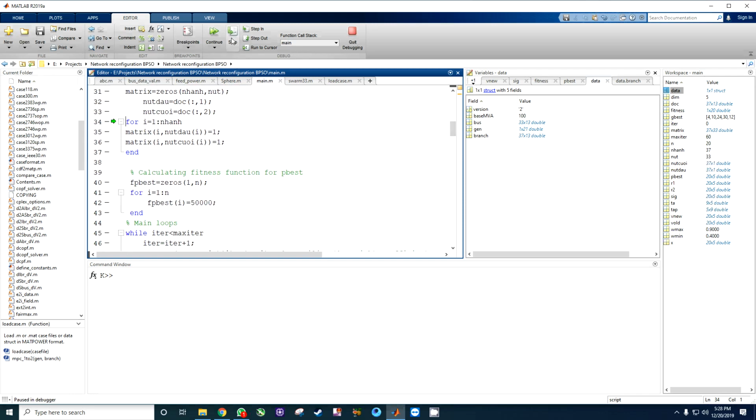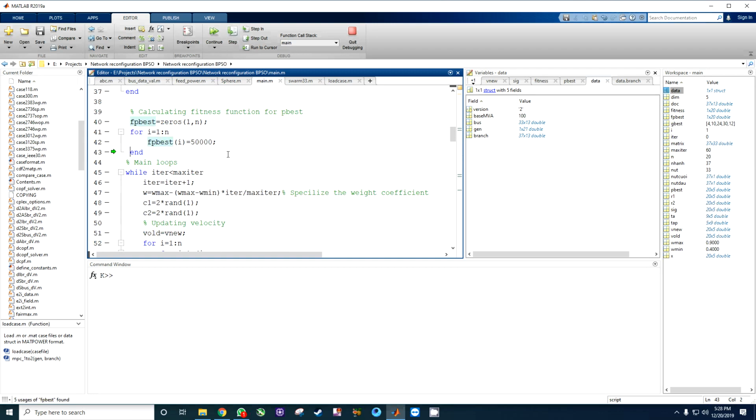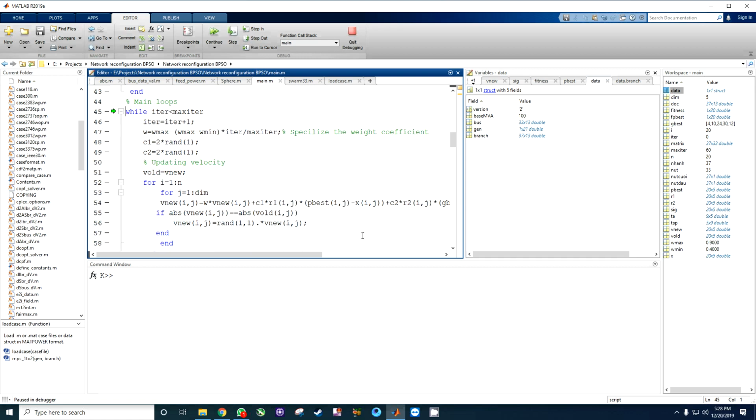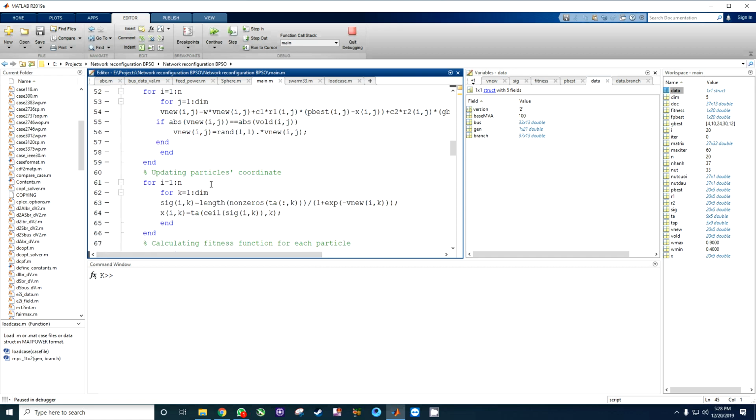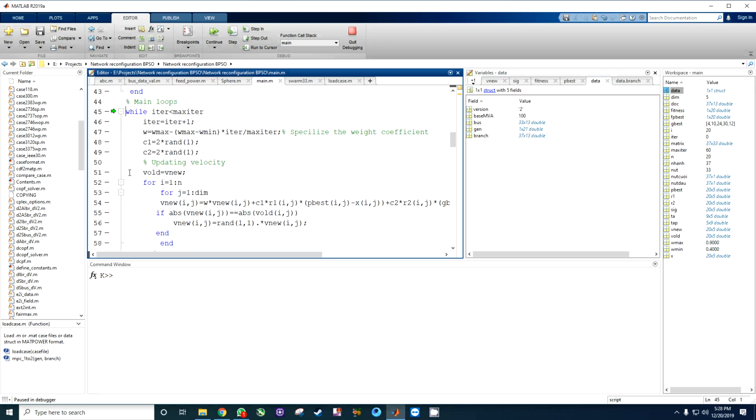And here it is, let me click on run to the cursor, and when I click on this step, run to the cursor, now the BPSO algorithm will start, and it will calculate the best possible particle coordinates. You can again click step.